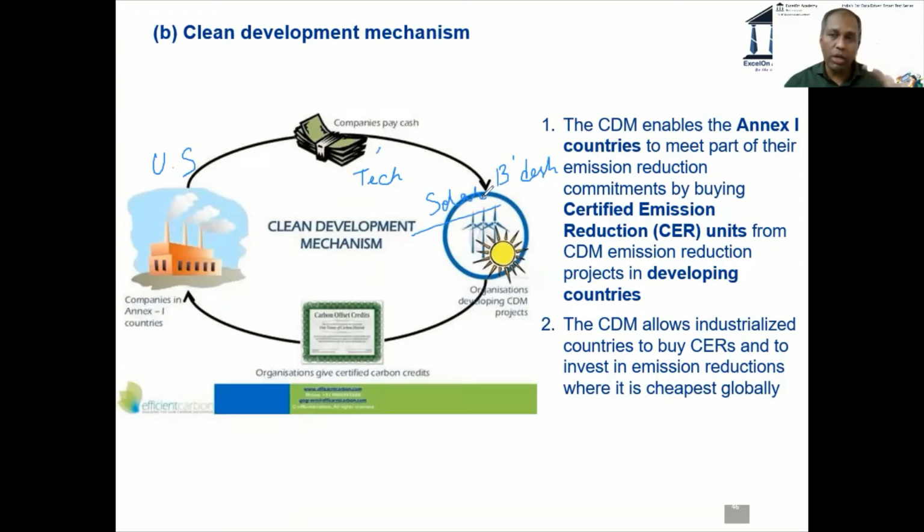You have to constantly remember this, because if you don't, carbon trading and CDM can be very confusing for a first timer. That's why I'm taking time to explain the difference. There was no project. It was simple accounting. I give you money, and now my emission has got reduced by 200 tons. Here it is not that. You're physically spending money and also technology to build a solar project in a developing country, Bangladesh.